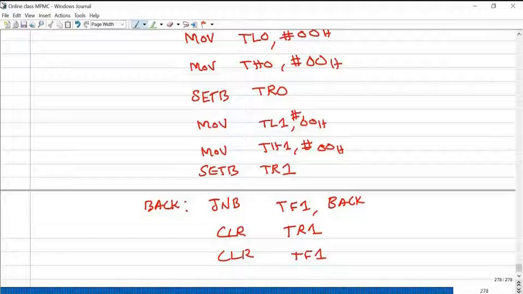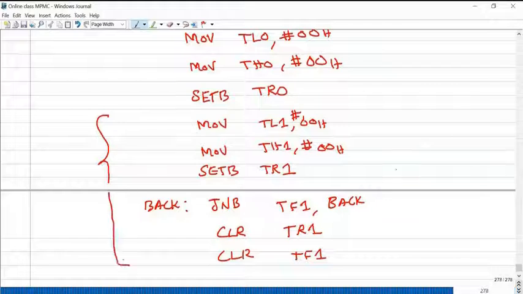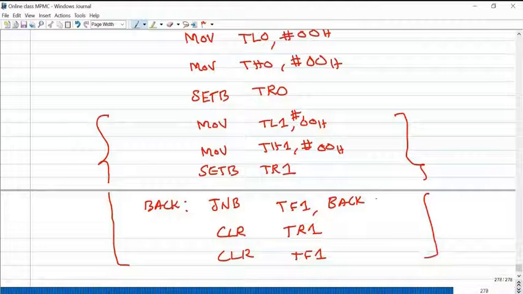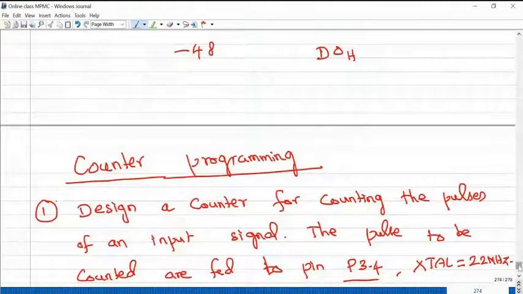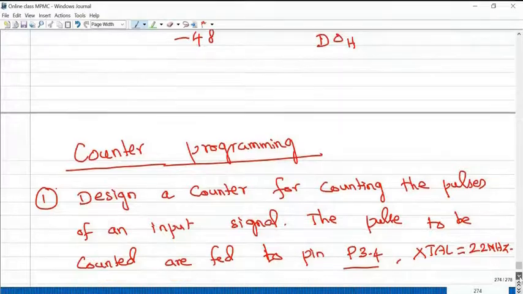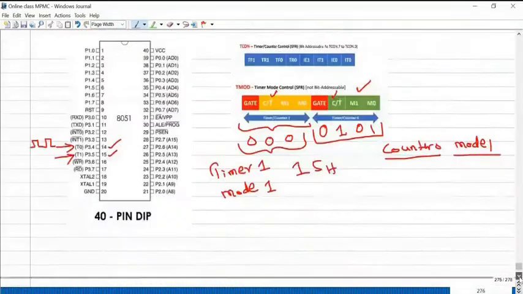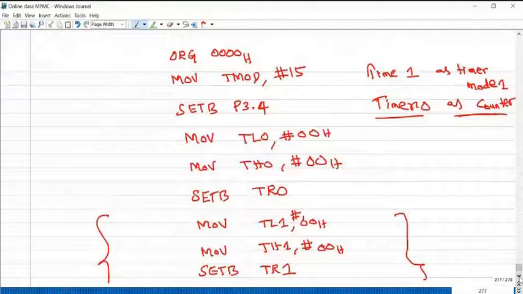Okay. So this particular section is to give the time. So in maximum mode 1, it will count 65536 clock pulses, 0 to 65535. For 22 megahertz, meaning 0.546 microsecond, how much?